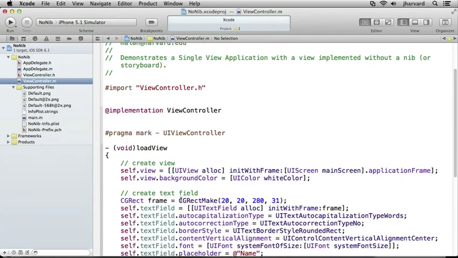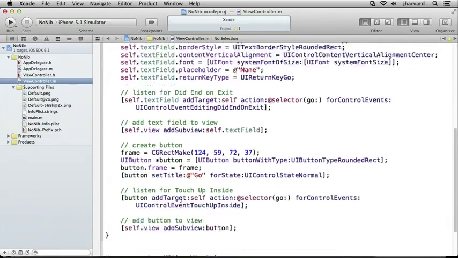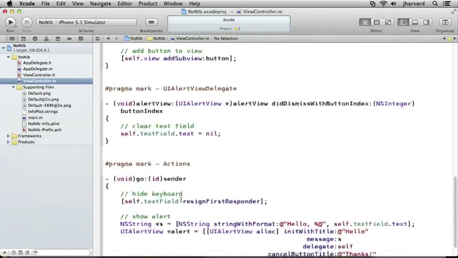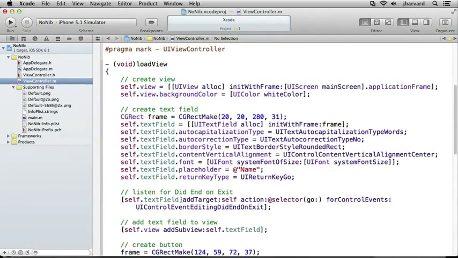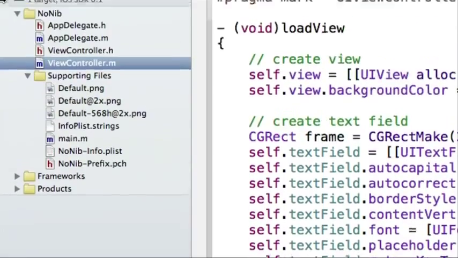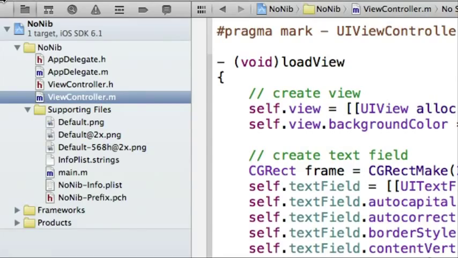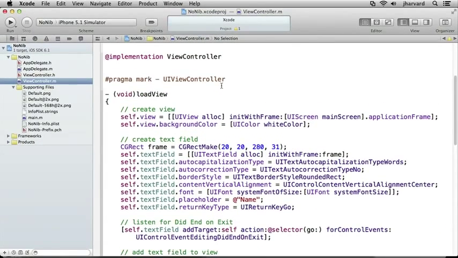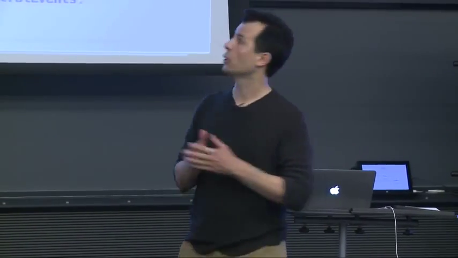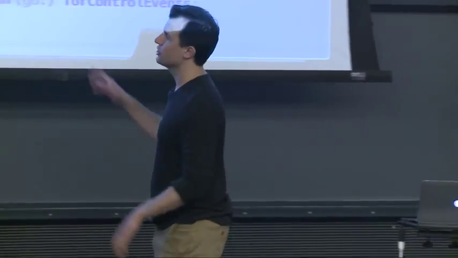So here's the difference. And you can immediately see why I used Interface Builder at first. This is the code with which I've implemented things without a nib. Notice missing at top left is ViewController.nib. So I'm doing it sort of the real way, like without using a little drag and drop WYSIWYG tool. So the price you pay is that it's a pain. And so here's the number of lines of code I've written. And this is a bit of an exaggeration because I could have relied on some default